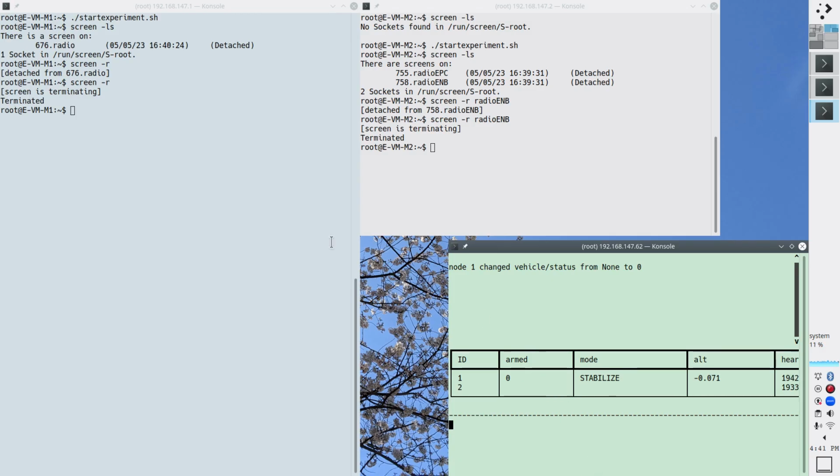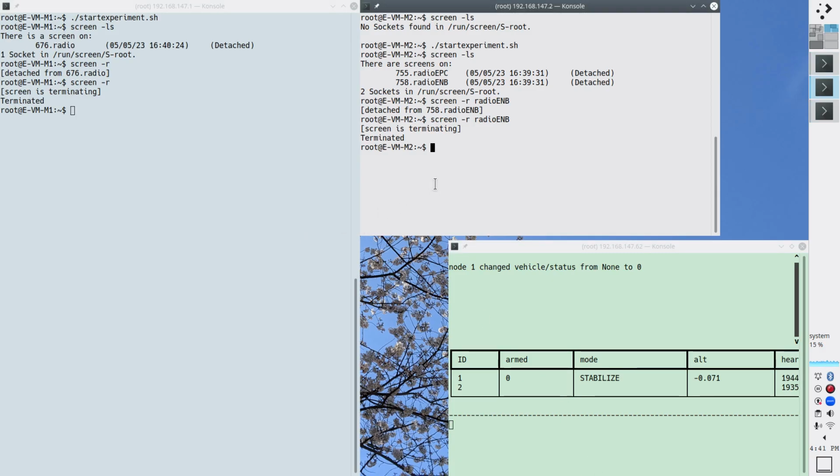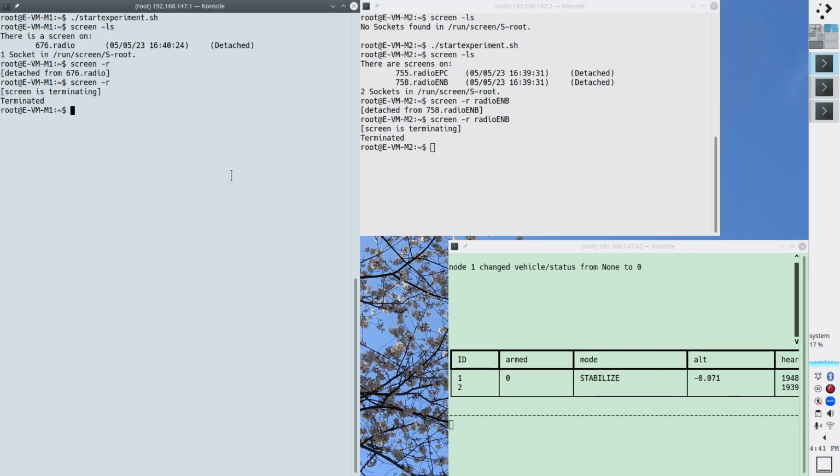If you want to run other things other than UE and eNodeB, simply copy a different script into the start radio. Okay? So in the same profile directory, profile scripts, radio, if you look at samples,